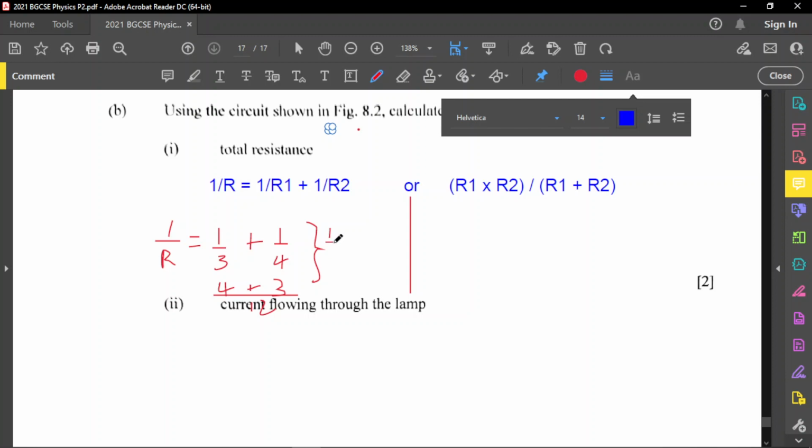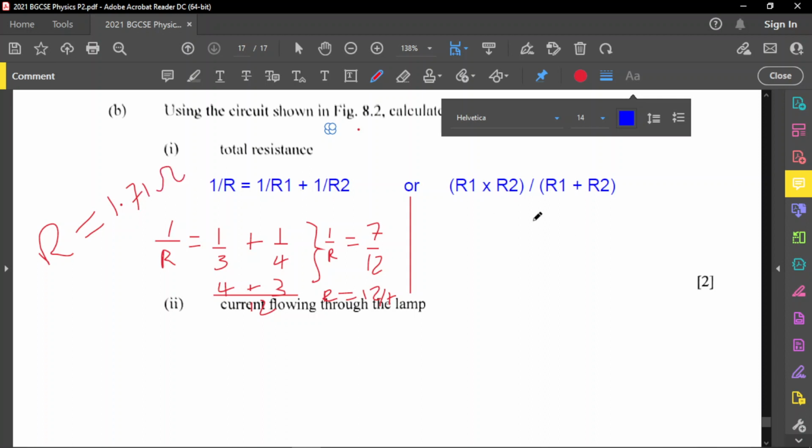So 1 over R, which is the total resistance, is equal to 7 over 12. Or we can simply say that R is equal to 12 over 7, okay? And 12 over 7 is equal to 1.71. So the answer here, R is equal to 1.71